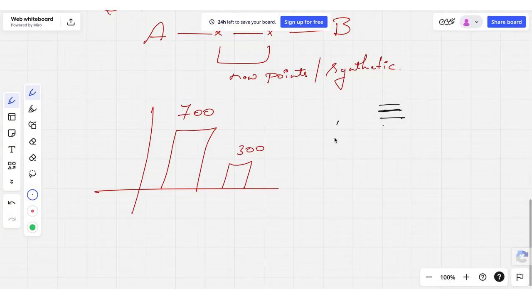See, let's say you have two different color shirts, green and black. We have 700 green shirts and 300 black shirts. Okay. So here, if you repeat the same black t-shirts, it's a duplicate.